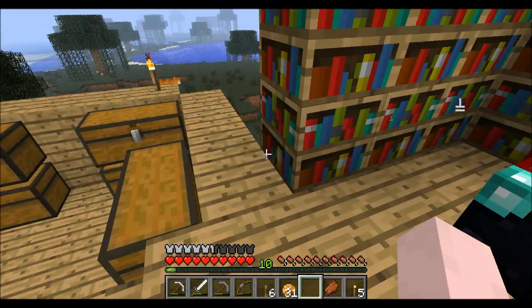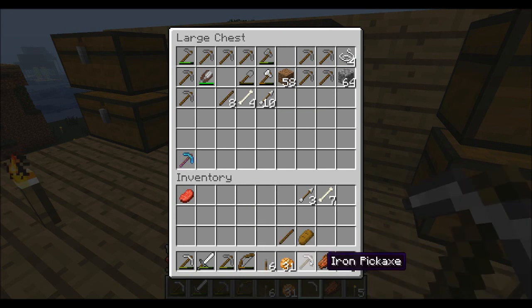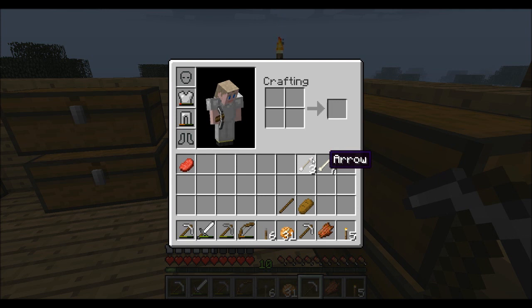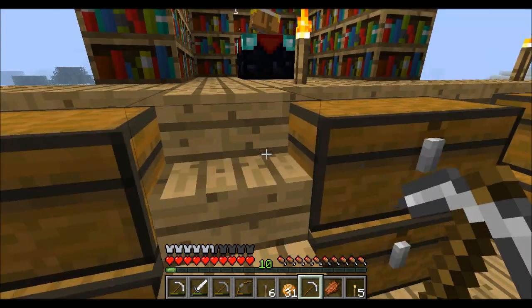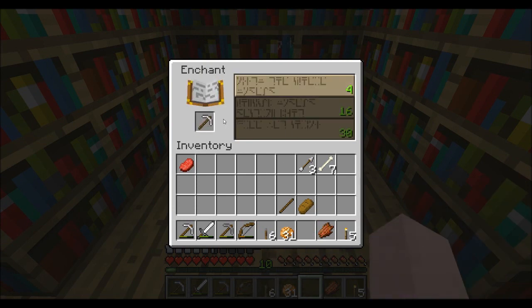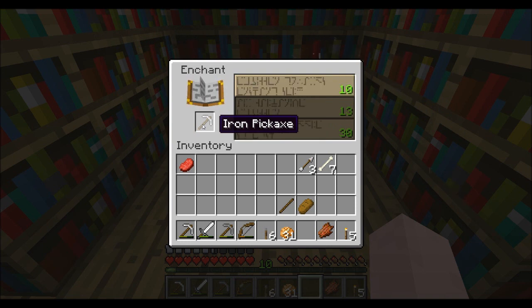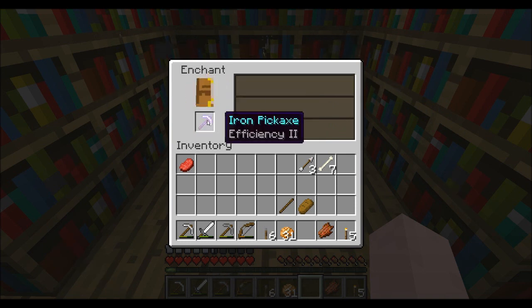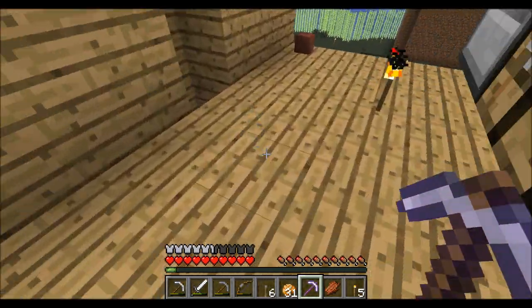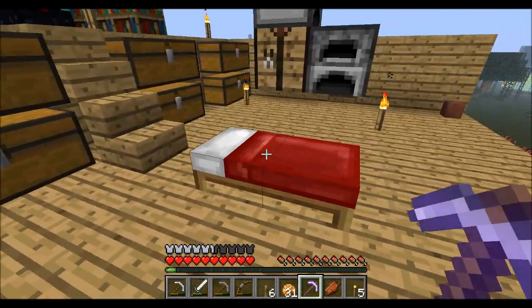I'm going to enchant, because I have 10 levels right now, I'm going to enchant an iron pick. Just an iron one, nothing big. You know what? Maybe I should enchant an iron sword. Oh no, iron pick, why not? The only reason I'm doing this is because I have 10 levels, and boop, I will probably die. Efficiency 2, that's fine. That's the only reason I did that now, because I want to go back to the nether and work on